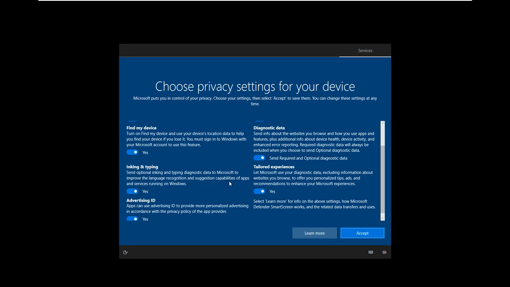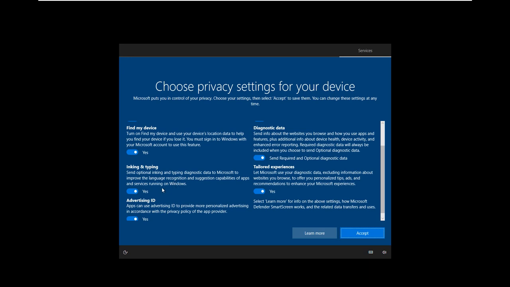So whatever you type, whatever you ink using the pen, it will be sent to Microsoft servers so that they can recognize more languages and improve themselves. Now if you don't want to send them your information, then you can say no.